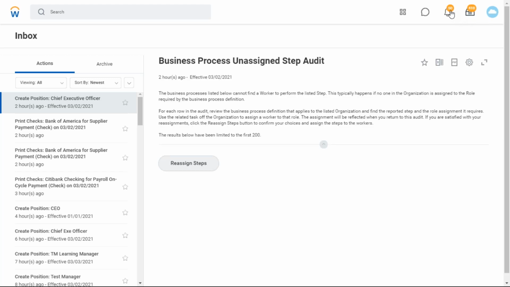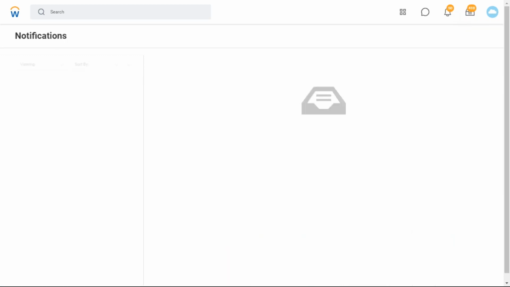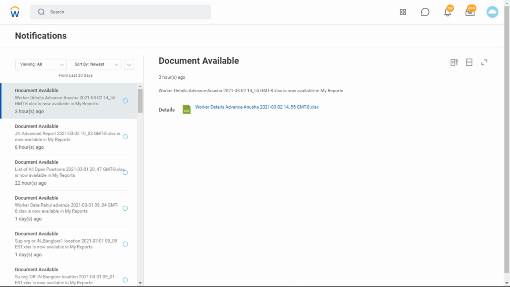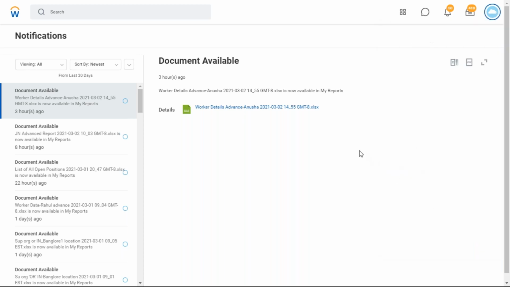Notifications: for example, if you are the report administrator or integration administrator, and a report or integration succeeds, you will get a notification. If a report or integration fails, you will get a notification. There are also birthday notifications, anniversary notifications, and personal notifications you can send. Any questions, please? My Reports: if you have report administrative access here, you can download it. The remaining are not a problem.